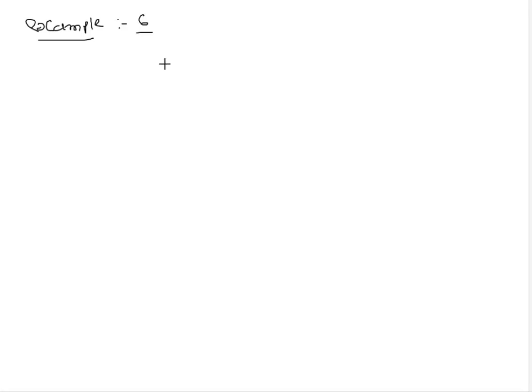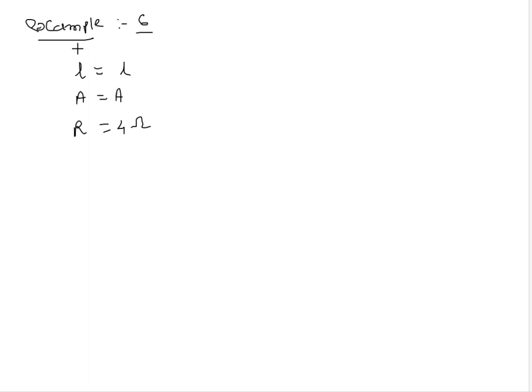Example number 12.6: a wire of the given material having the length L. So here for the first wire, the length is given as L, the cross-section area is given as A, and the resistance is given as 4 ohm. Some of the conditions are given: for the first wire the length is L, the cross-section area is A, and the resistance is 4 ohm. Now what would be the resistance of another wire of the same material?